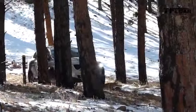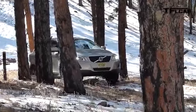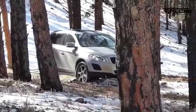And you know, this is sort of a dual sport vehicle. I mean, it's really set up to go on-road. But it will go off-road. All right, here we go, going up the hill now. This is the tricky part, but...